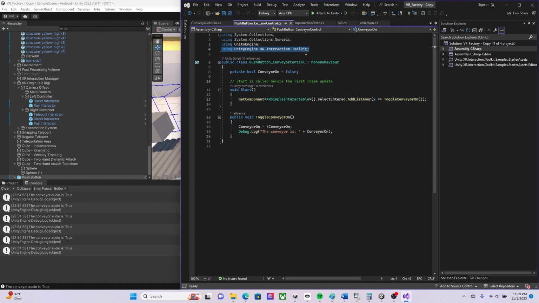Engine.XR.Interaction.Toolkit, because that is basically the library, the resource from a scripting perspective, that will allow us to access the XR simple interactable that is attached to our push button and to listen for whether or not that button has been pushed on or off. All right, so you definitely need to add this so that we can access all of the variables and components associated with the XR interaction toolkit. And then the next thing we're going to do is